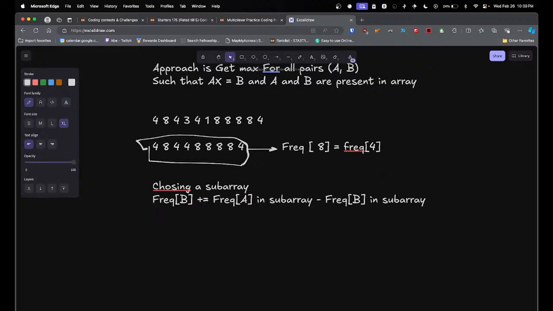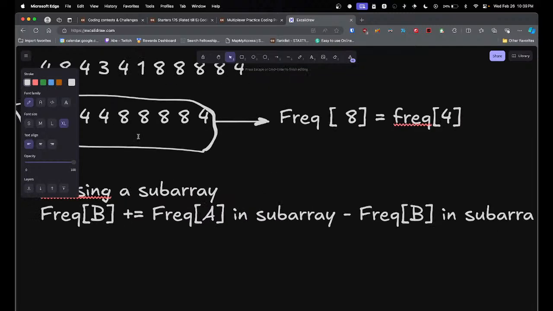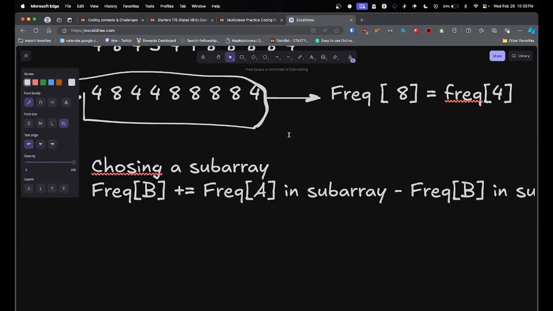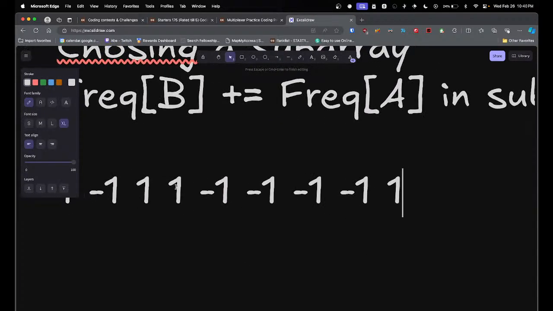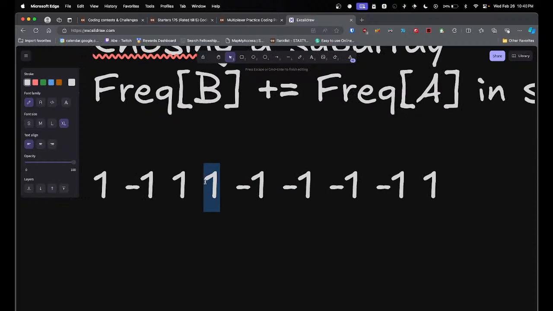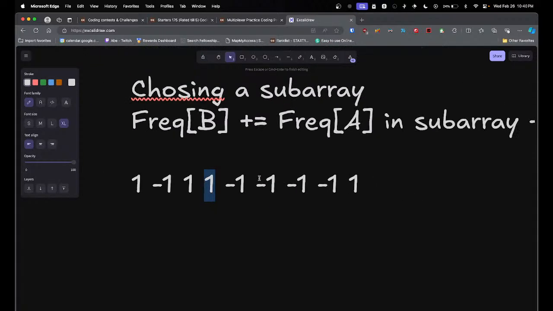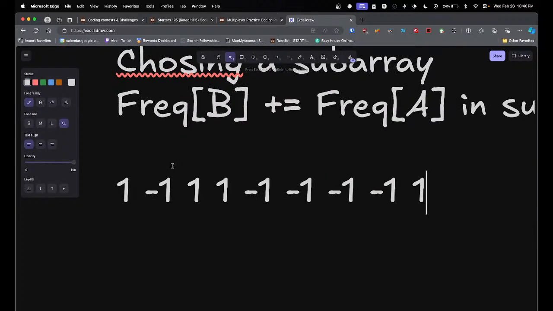So now, if you see, technically now, with respect to frequency, these become 1 minus 1, 1 1 minus 1 minus 1 minus 1 minus 1 1. Okay, so now if I take this into the subarray, my frequency gets deducted by 1. If I take this into the subarray, my frequency gets increased by 1. So now here I can apply Kadane. Kadane's algorithm basically gives me the maximum